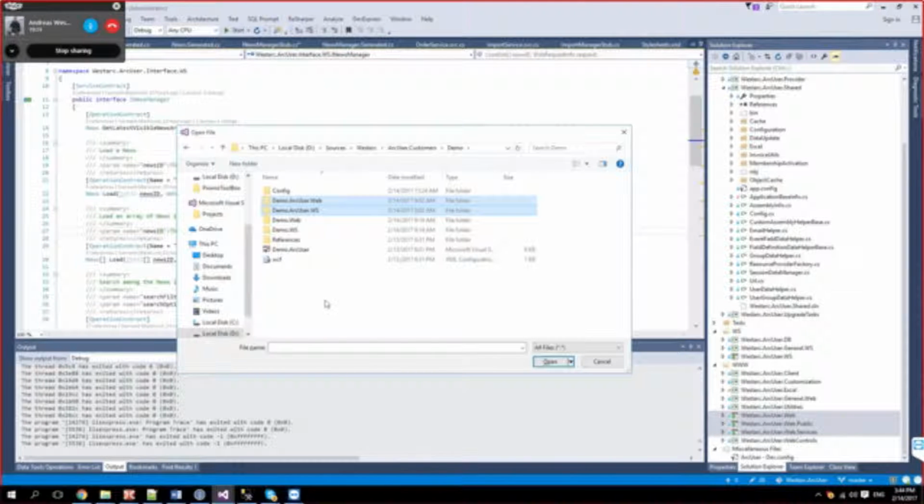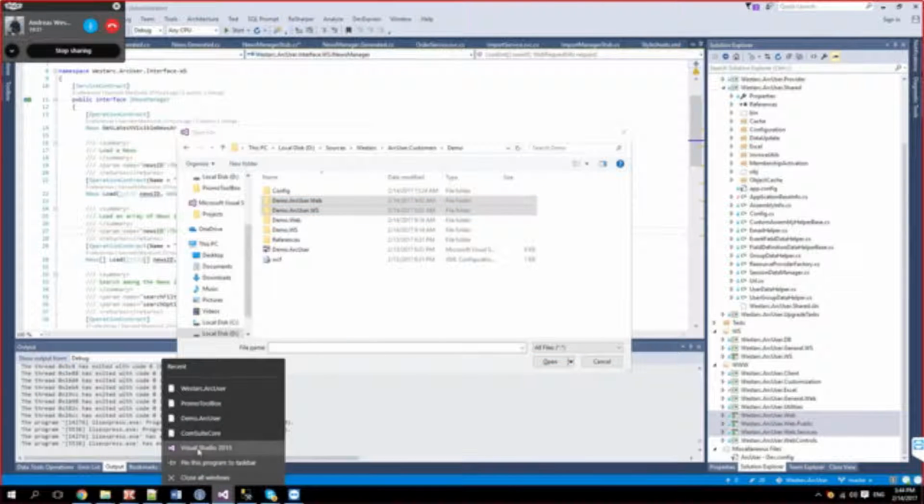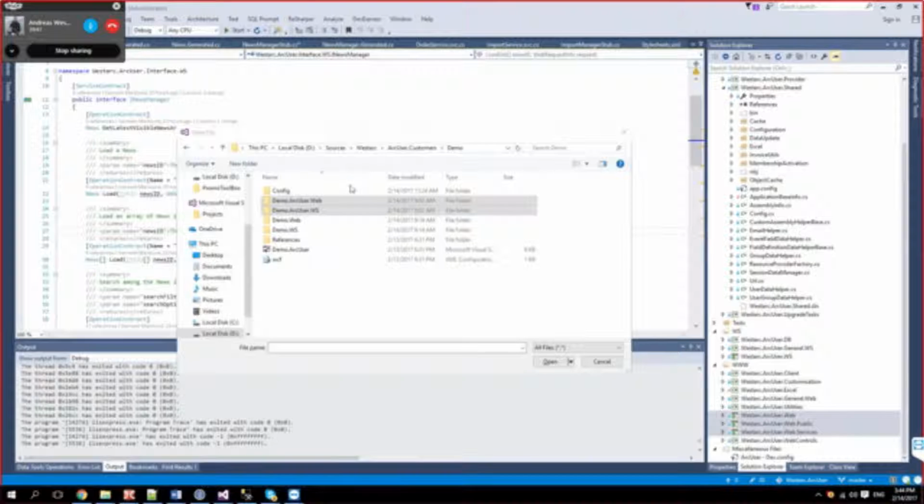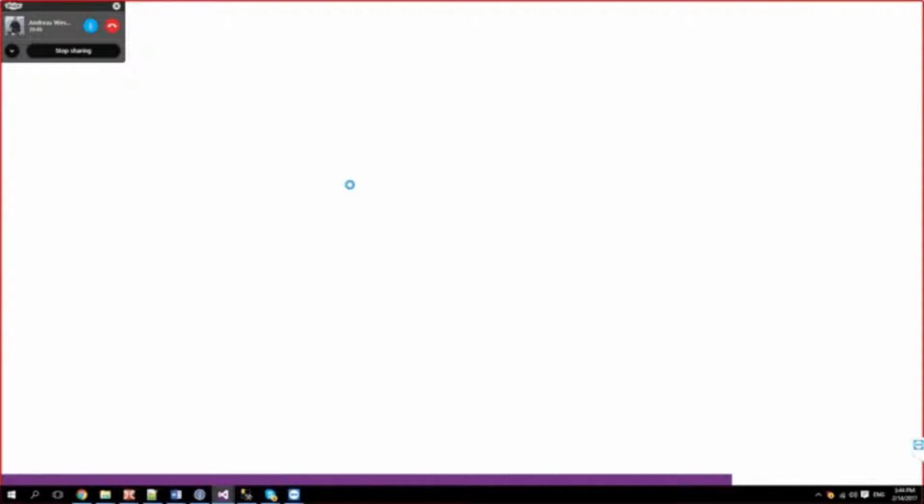Okay. But even so, let's open this demo project in a separate solution. Oh, and by the way, it's a good idea to run the solution as administrator, at least the first time, because the application tends to write stuff to the event log, and it wants to do this under a specific customer name.